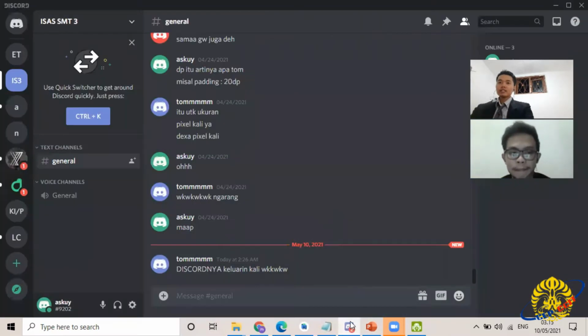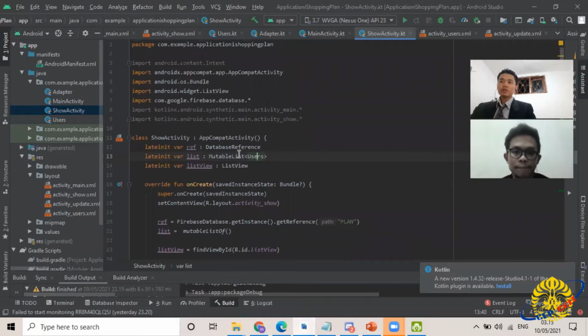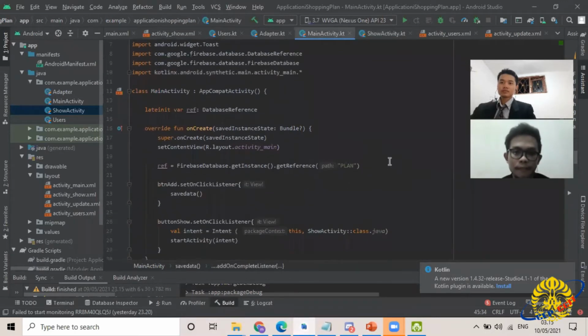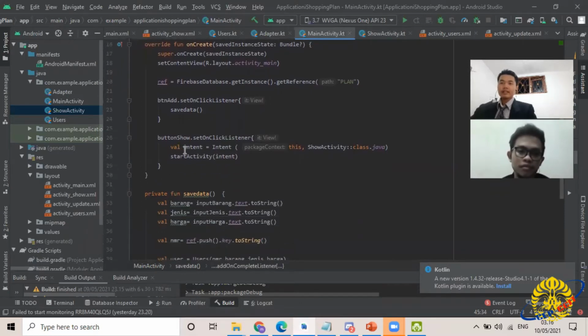Okay, I will explain main activity. Okay, we create ref equal FirebaseDatabase.getInstance().getReference, which is plan, and then there is button add setOnClickListener for save data, and then there is a button show setOnClickListener for input to database Firebase.